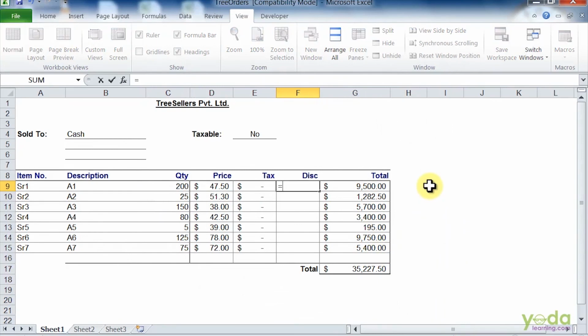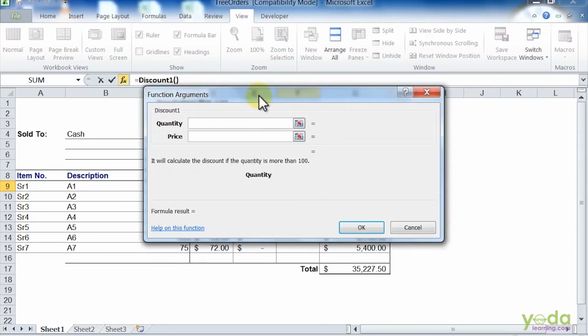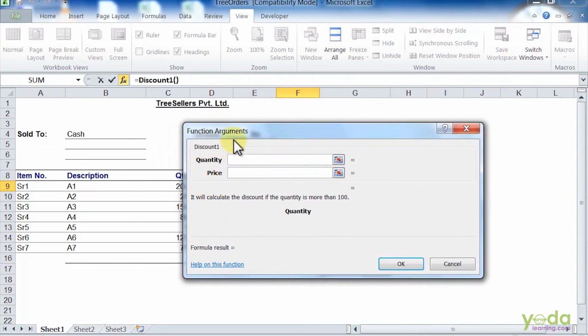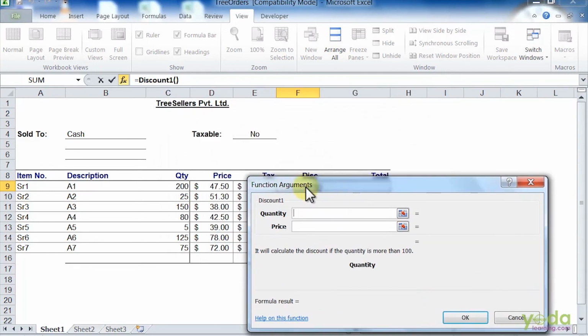So when I say equal to discount, I'll say control, discount 1 tab and control A. So this will give me the information on what exactly I need to type in as the input for quantity and the price.